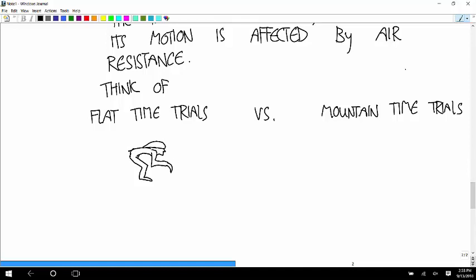Okay, so now how does this all work? So there's a wheel here, a wheel here. Okay, so something like that. And the thing is, okay,